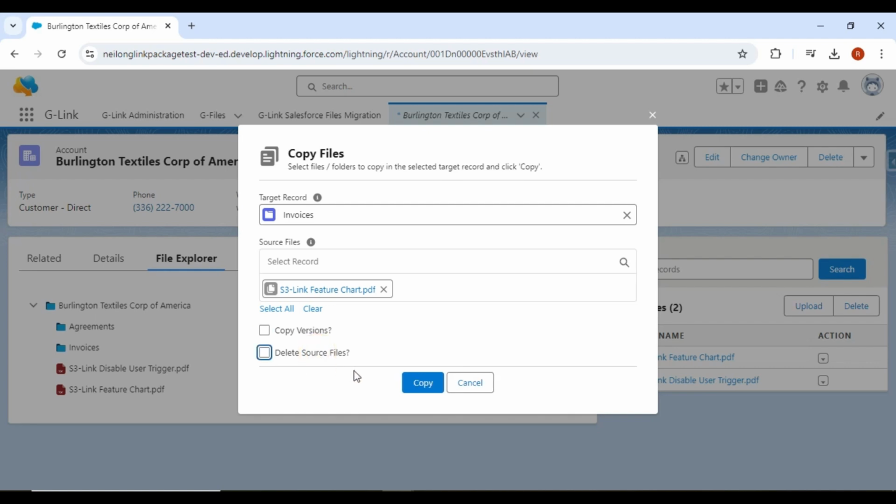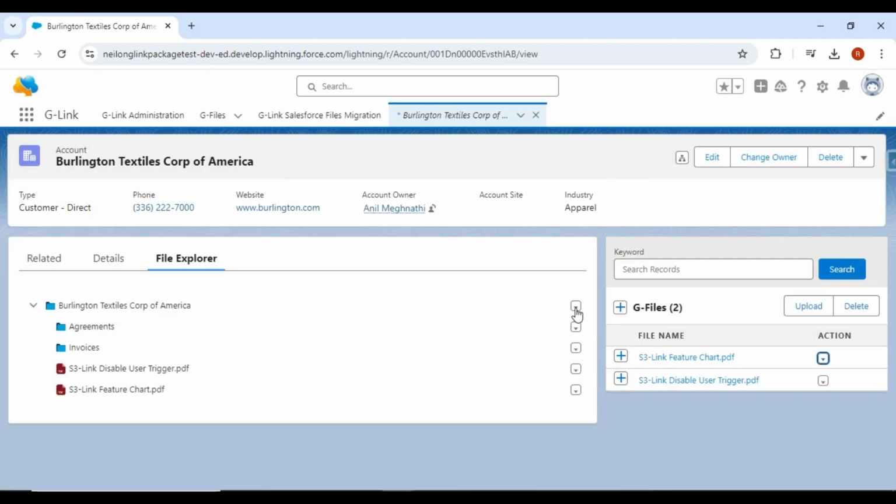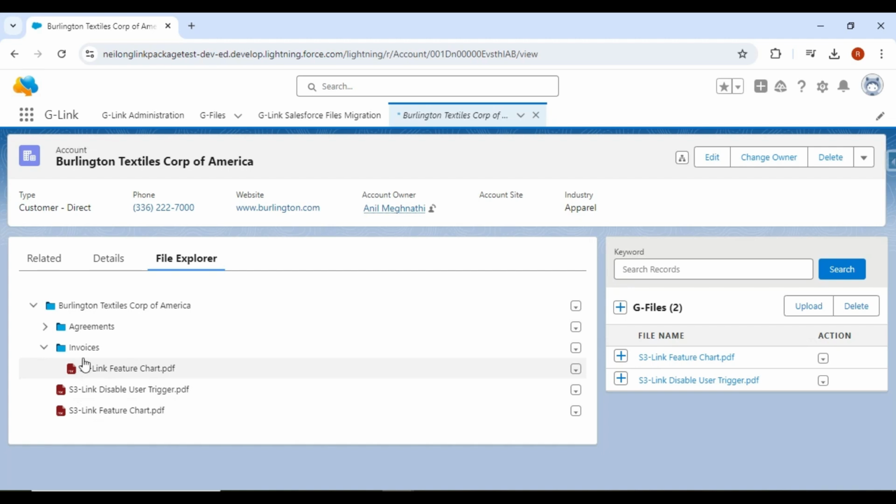Click Copy and the file will be copied to the Invoices folder. Let's refresh the File Explorer and you can see that the file is copied to the Invoices folder. The same way, you can also move files from one folder to another folder of the Salesforce record using the Move action in the menu.